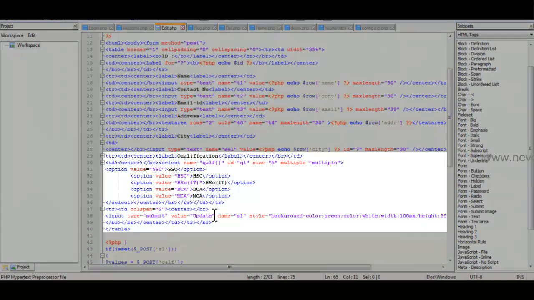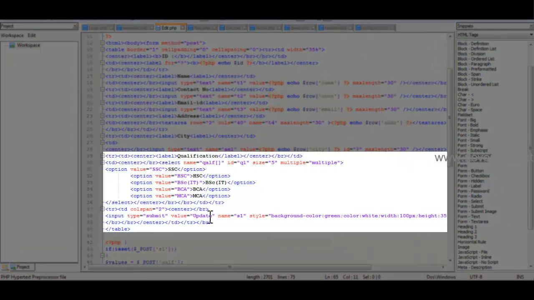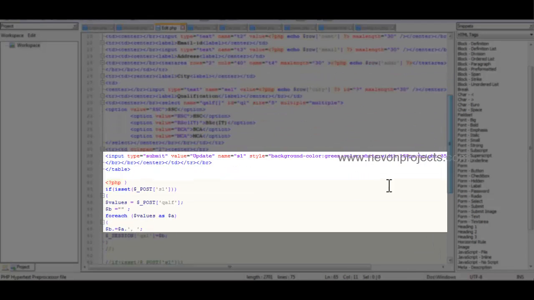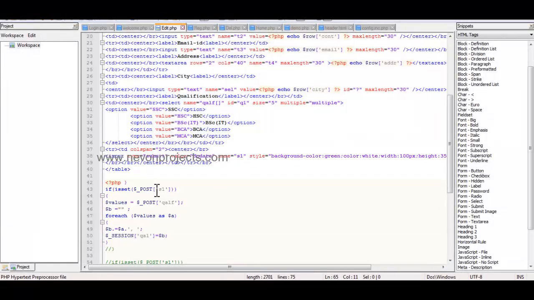Okay, so the next one is the update button. That is, as soon as the user clicks the update button, the system will go to the if isset($_POST['s1']), which is nothing but the name of the update button. So as soon as the user hits the update button, the control of execution will go over here, and it will check if that particular button is clicked by the user. So what this will do is,